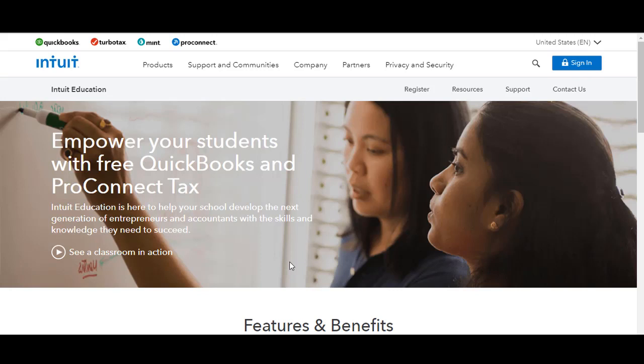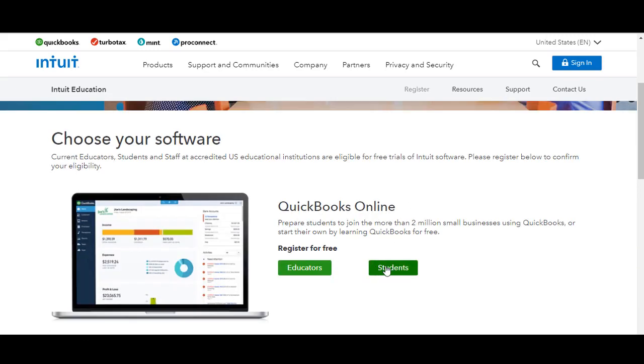That's something that you might consider when I talk about browsers. If you're having trouble with QuickBooks in one browser, go ahead and try a different browser. You never know. Chrome, Mozilla, Explorer, those are different browsers that you could try that might be useful for you. Then you go to register, and then you go to student. Now I went to educators because